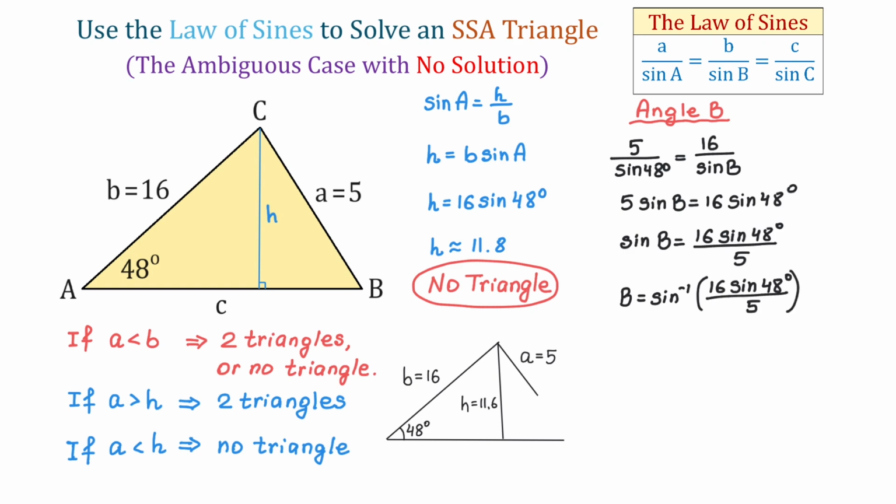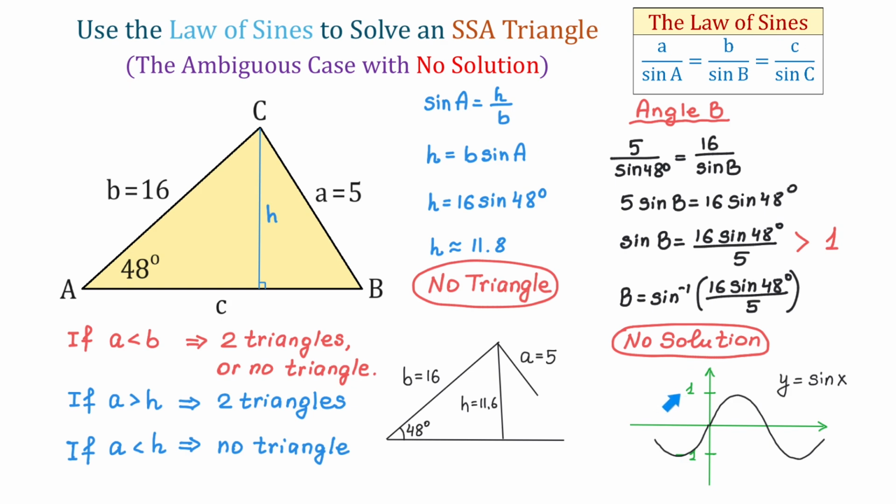And now if we use a calculator in degree mode, we will get an error. So we will not be able to find angle B. And this is because the value of this expression is greater than 1. But recall that the sine of an angle cannot exceed 1. And we can also see this from the graph of y equals sine of x, that the graph does not